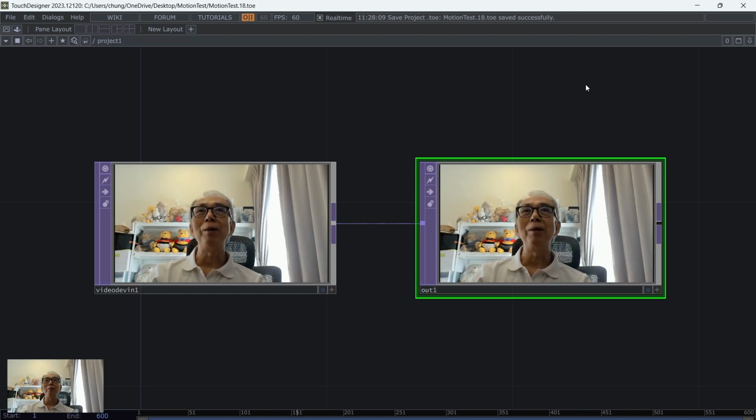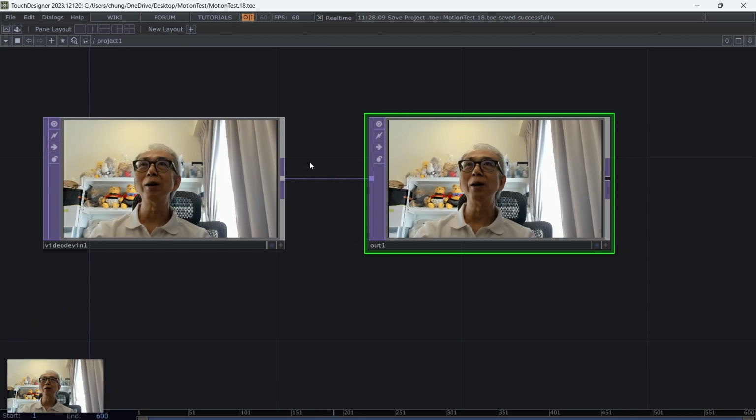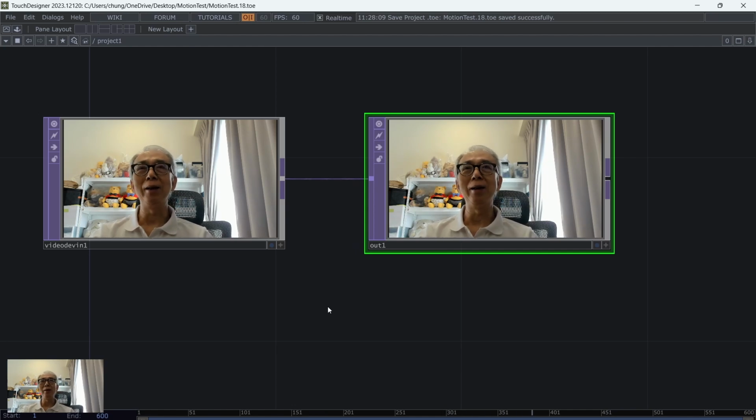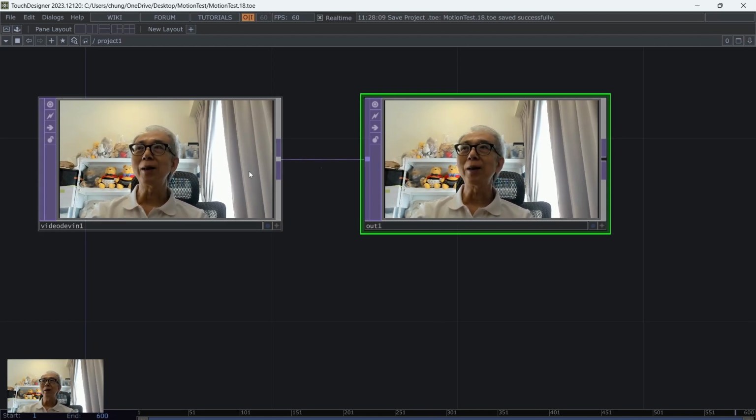So let's start with some exercises, the very basic one, just like creating a button with motion, and the logic seems to be quite straightforward. I'll go through the old-fashioned way, and there's another one that's a prefabricated component in the TouchDesigner distribution called Motion Sense. I also use it to create a separate component called Motion Button that you can download and make use of in the future. So let's start with the